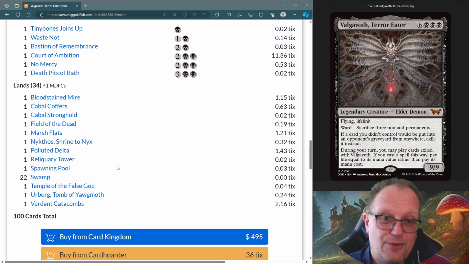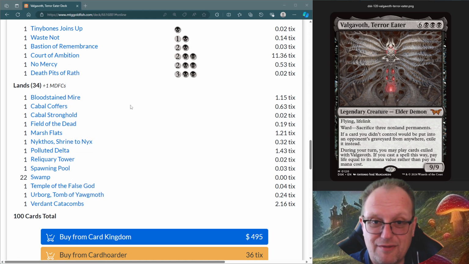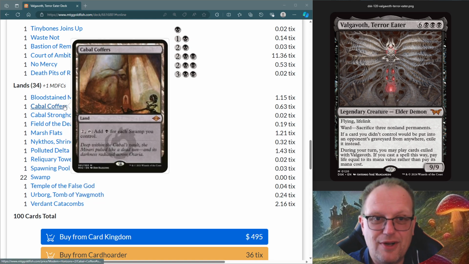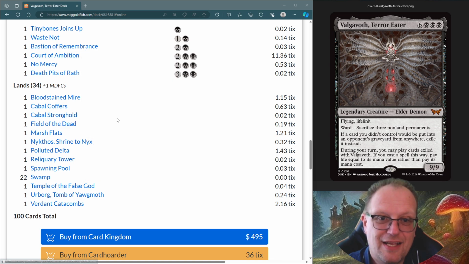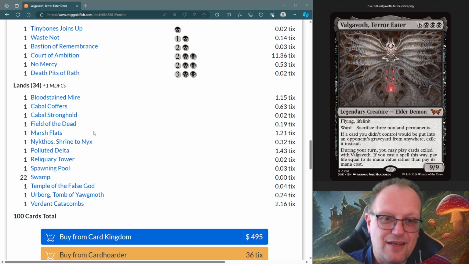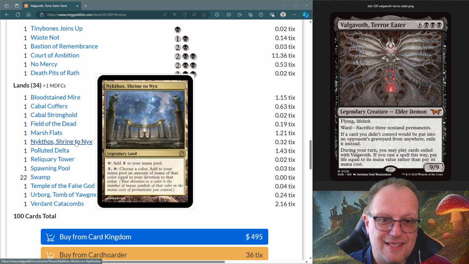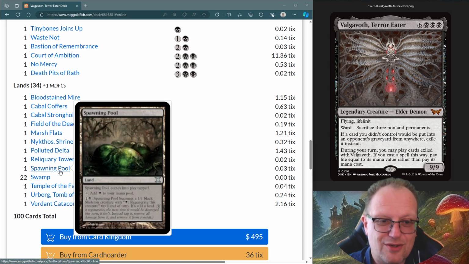Land-wise, a whole load of fetchlands: Bloodstained Mire, Polluted Delta, Verdant Catacombs. I'm sure there's some Marsh Flats. I'm sure some I've missed. The cards you were obviously expecting to see are Cabal Coffers and Cabal Stronghold because we're playing mono black and we want to get that black going. Backing it all up with Field of the Dead, which does trigger occasionally, believe it or not, once you get there. And then we have Nykthos, Shrine to Nyx as well, Reliquary Tower, Spawning Pool,